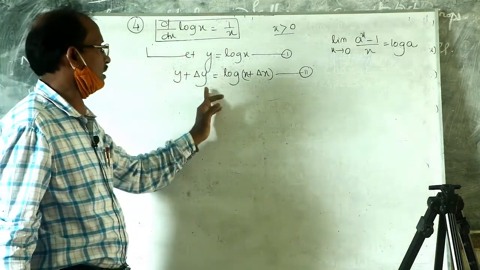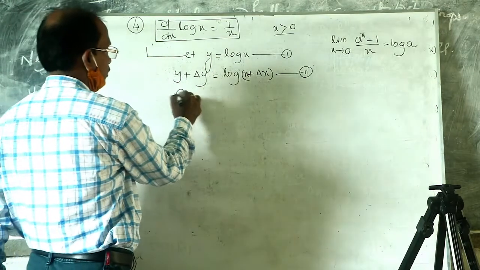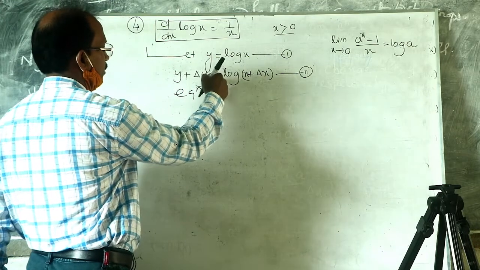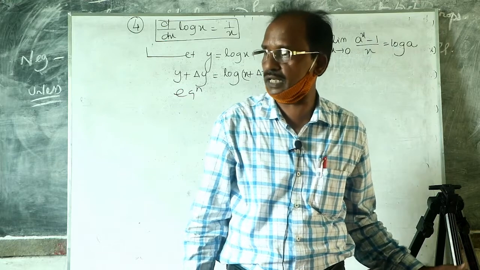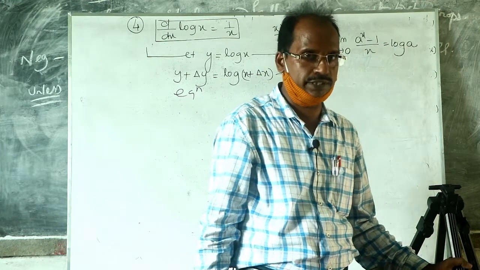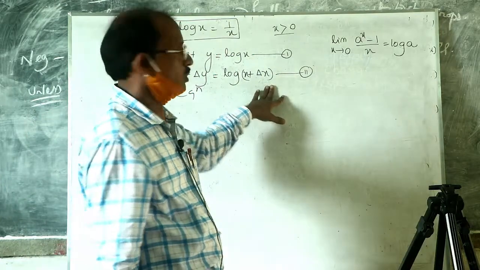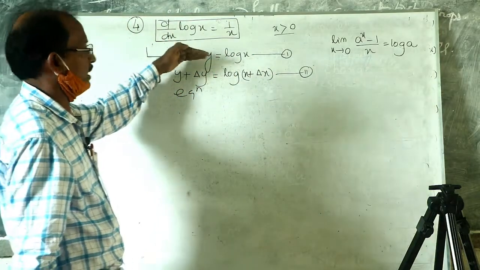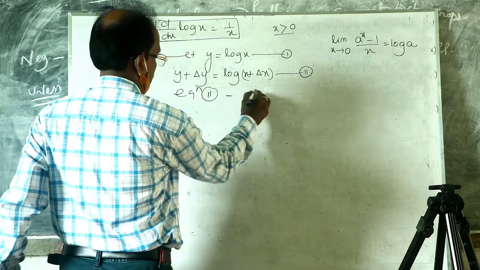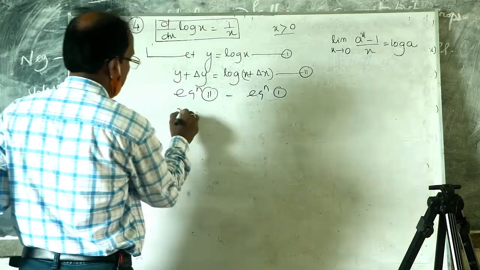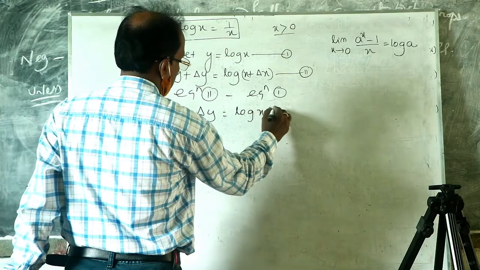So y is equal to log x, then y plus delta y is equal to log of x plus delta x, where delta x and delta y are the corresponding small changes in x and y respectively. So this is equation 1 and this is equation 2. So equation 2 minus equation 1 implies delta y is equal to log of x plus delta x